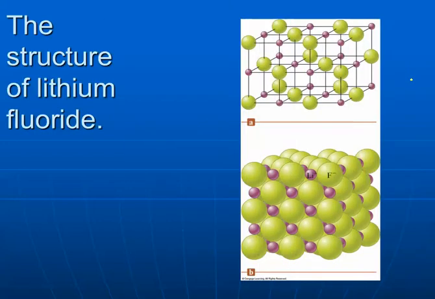So let's take a look at Coulomb's law and how that applies. Okay, let's look at this picture first. So here we've just got a crystal structure of lithium fluoride. Again, the thing you need to keep in mind when you think about ionic compounds is that it's just an alternating array of positive, negative ions, positive, negative ions, positive, negative ions, this big network here of all those ions,